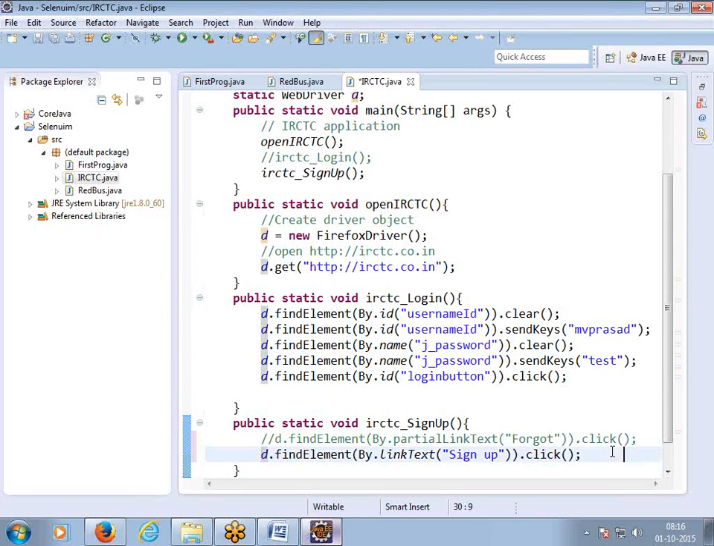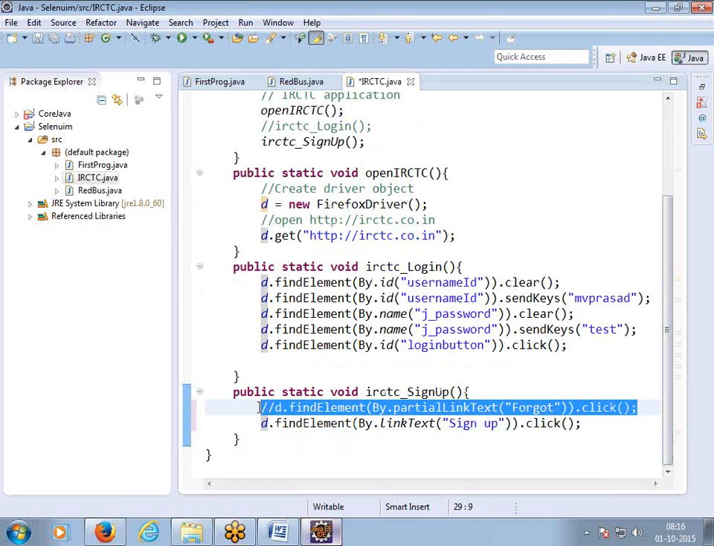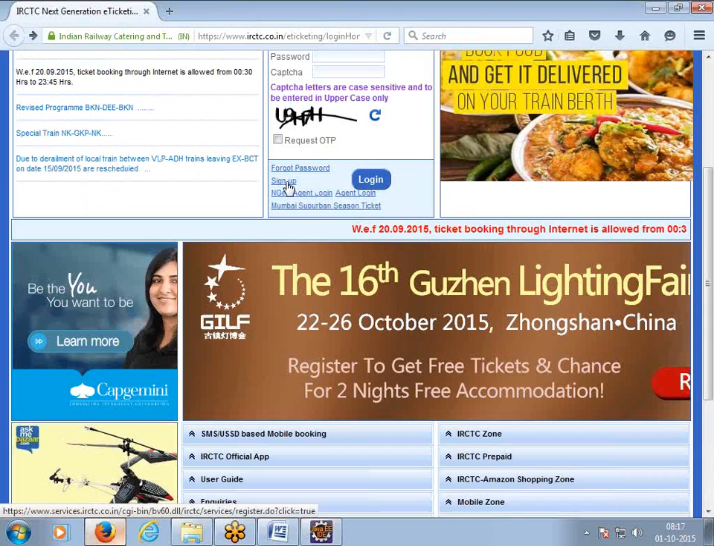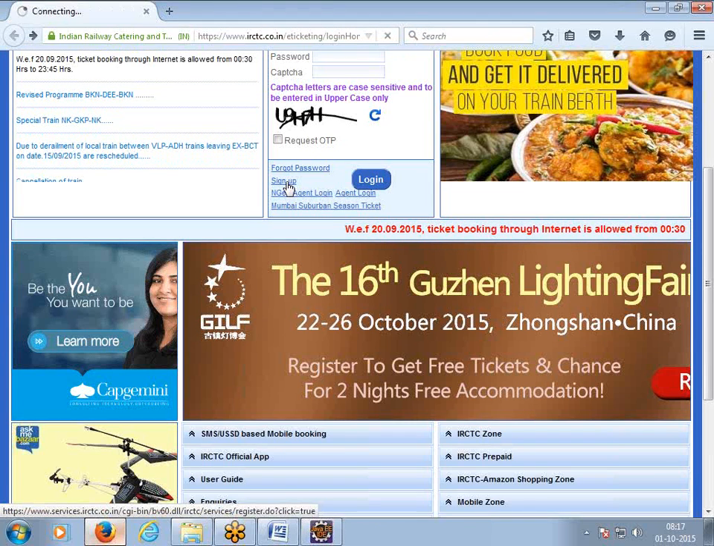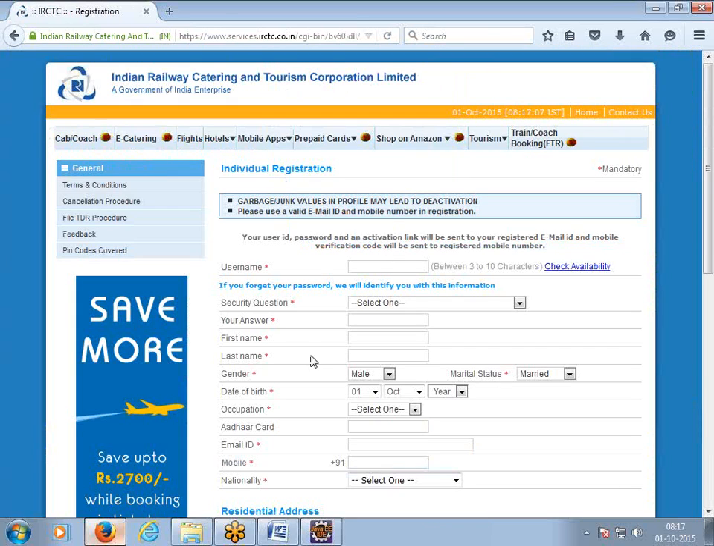Are you clear? So now let us continue our sign up. We added this statement just to see how the partial text can be used to identify a web link element. Now let us continue with our sign up. So click the sign up link. Now it will go to the registration page. And here let us try to